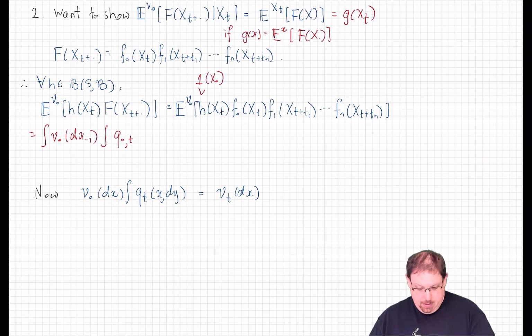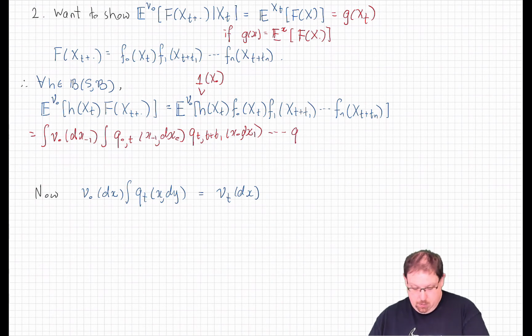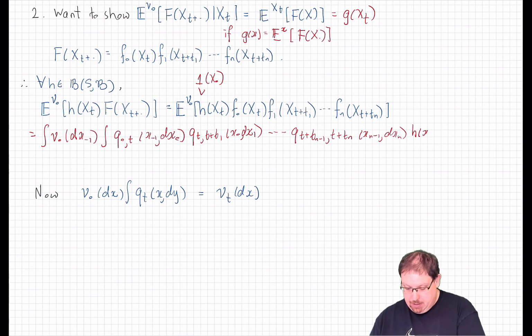as we see here, of x minus 1 up to dx0, and then q from t up to t plus t1 of x0 dx1, and so on down the line, to q of t plus tn minus 1 up to t plus tn of xn minus 1 dxn, and then we have that function in there. We've got 1 of x minus 1, h of x naught, f naught of x naught, up to fn of